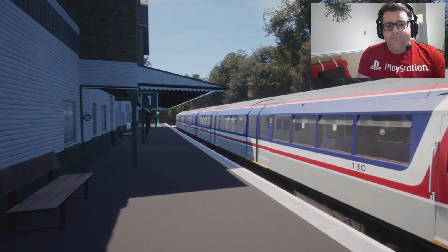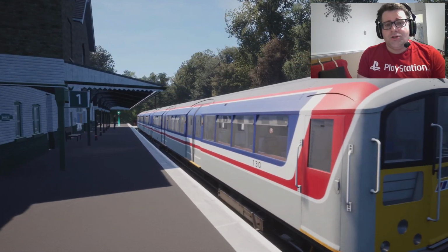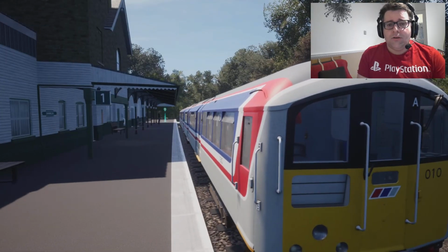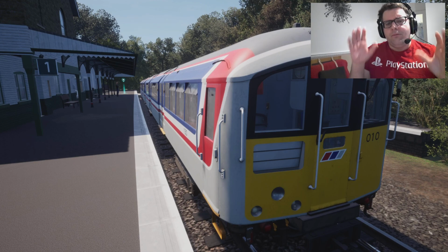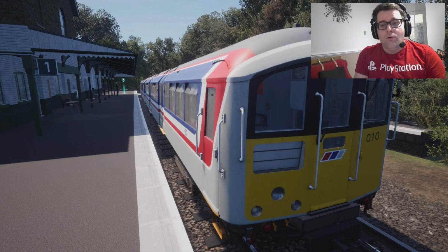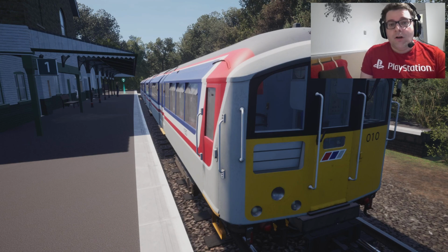So what we're going to do is have a look at this train. We're going to look at a couple of the features on there as we go through. I'm just trying to remember what I did, because this is a recording, I've recorded it, then we record the camera over the top. So hopefully it comes out all right. But yeah,